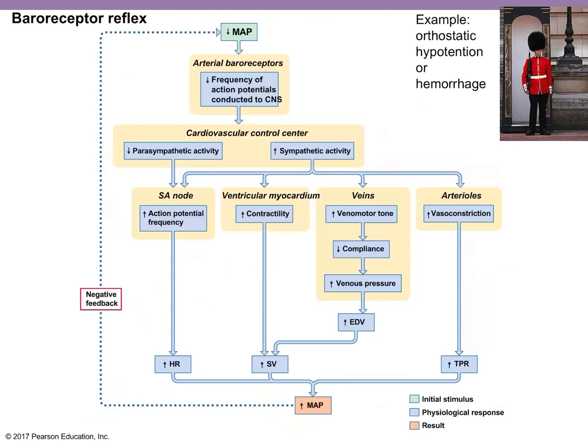All right, so let's look at something called the baroreceptor reflex. This is a reflex that is built in to respond to a drop in blood pressure. The reflex itself is a sequence of events that trigger an increase of blood pressure, right? So why would you increase blood pressure? Because your blood pressure dropped. And this reflex is triggered when there's a drop in blood pressure sensed by your arterial baroreceptors, which then feed back